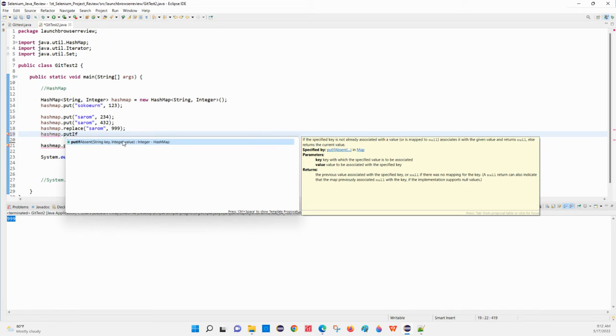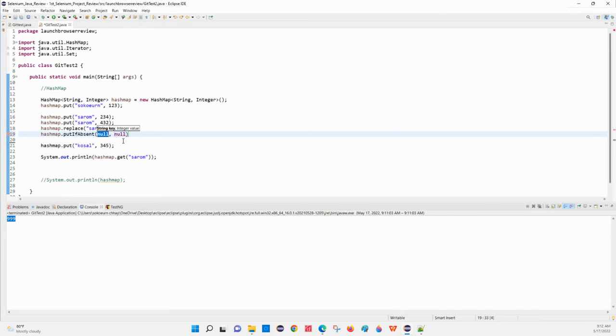Look at this one. Put if absent. So we're gonna put, let's say, I'm gonna create one more, etc. something like that, and then I'm gonna put value 888,